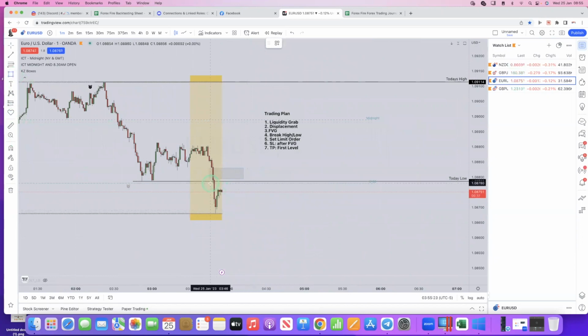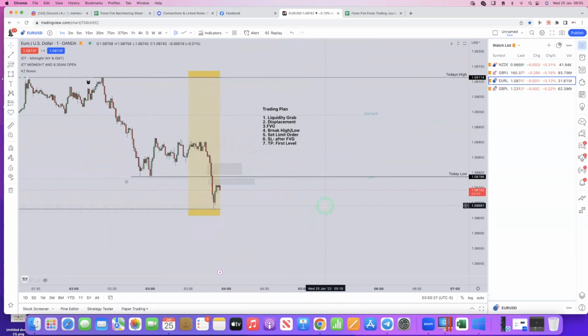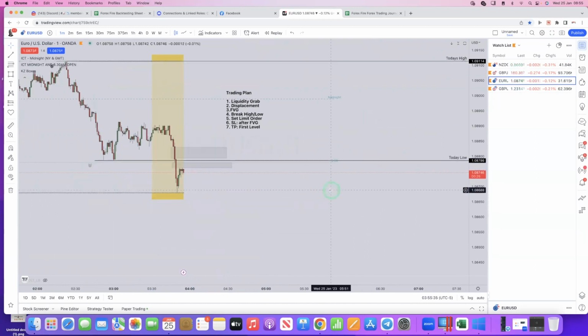Like I say, I don't want to rush into the trade. Let's just see how this plays out up until just after the 9 o'clock. So we've got 5 minutes still to go. Just pre-open, see what happens with these fair value gaps, and we'll take it from there. We'll have a little look on